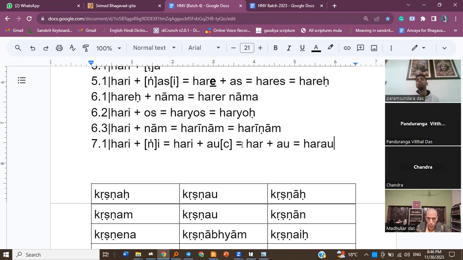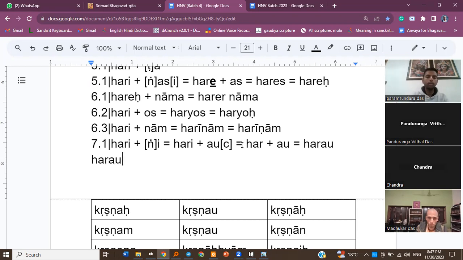So we get harau. Like harava bhaktasya, I was reading harava bhaktasya kuto mahad guna. So that harava bhaktasya is actually harau abhaktasya. Of a person who is not devoted, like in Hari. Harau literally means in Hari, so that's the translation.